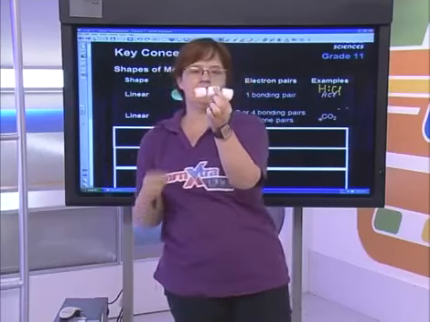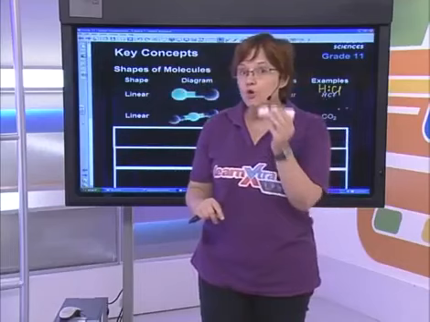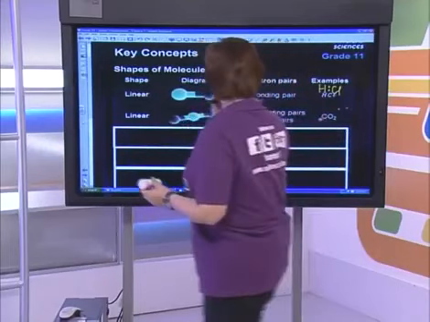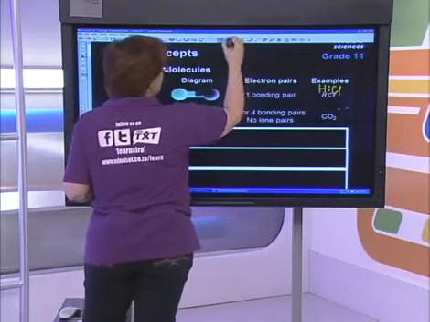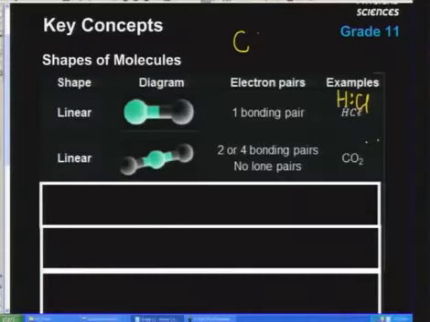Now what's special about this is there are no lone pairs. So if we have to draw the Lewis notation for CO2, we actually have the double bond between the carbon and the oxygen, and it does this,